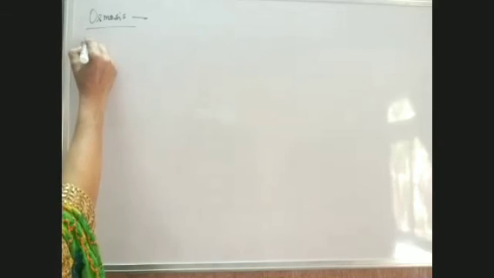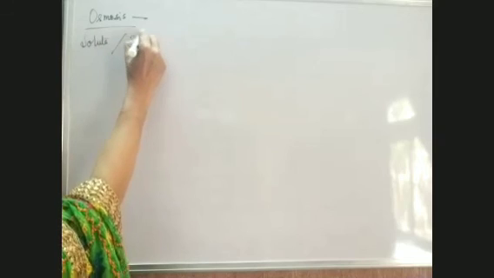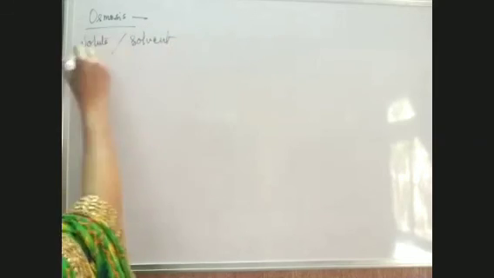So what happens in the case of osmosis? When any substance is present in liquid, in fluid form, we have solute and we have solvent. We will describe this particular process in terms of solvent, because here the solvent is mixed with the solute, and the solute will move along with the solvent.